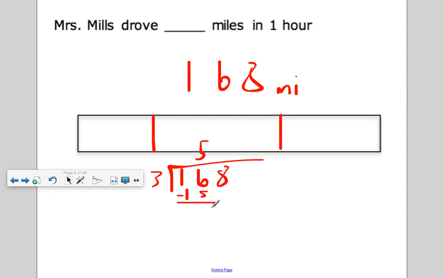16 minus 15 is 1. I bring down the 8. How many 3's go into 18? 6 times. So we have 56 miles